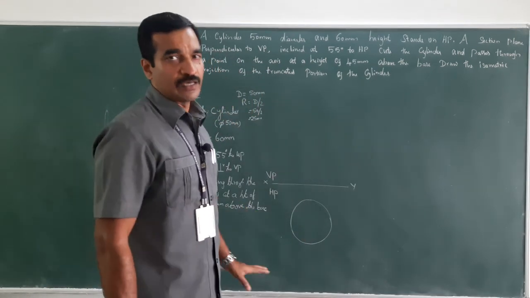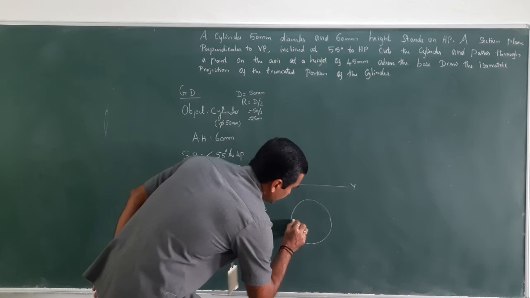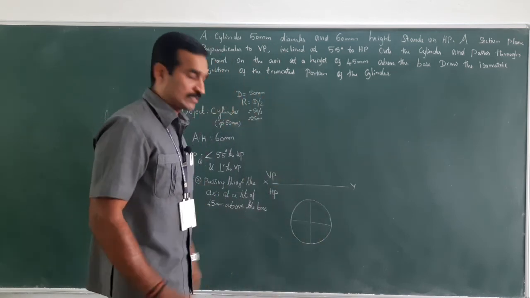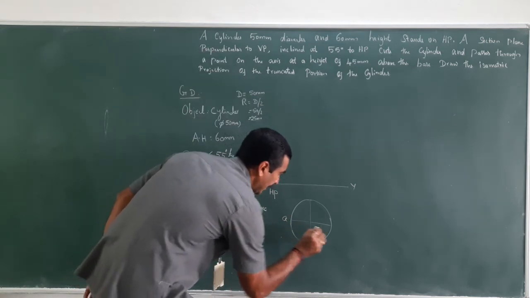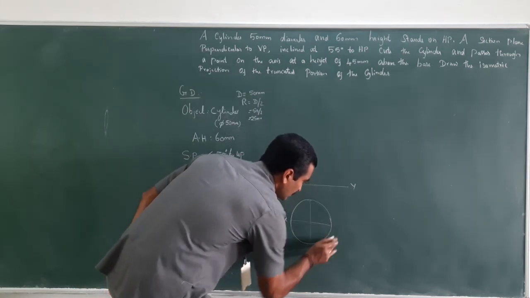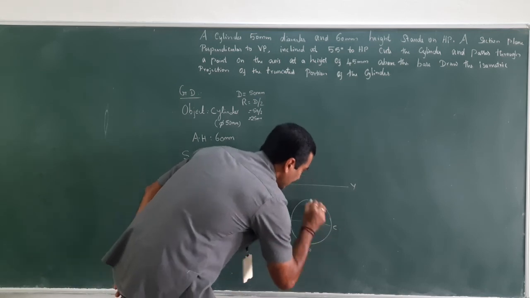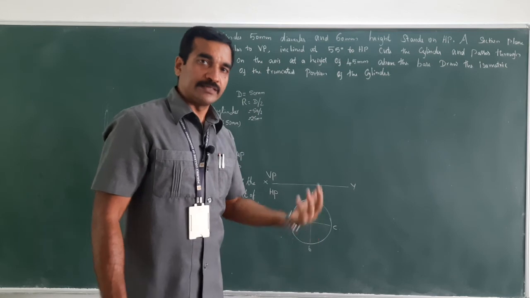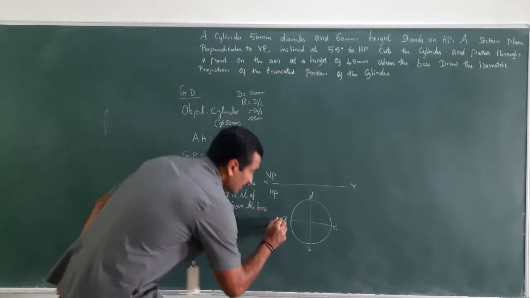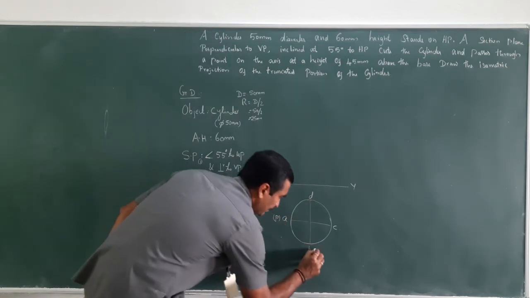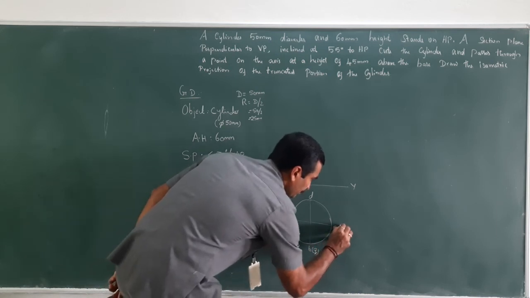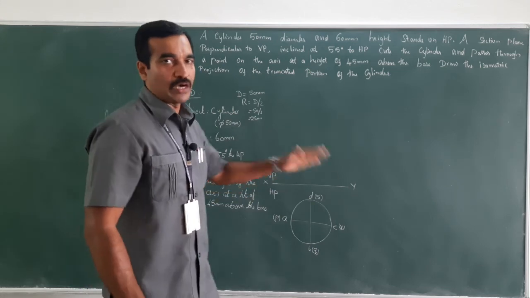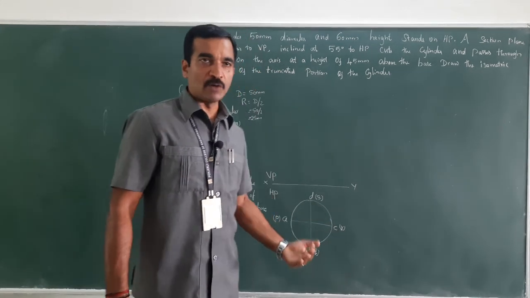So after drawing the circle, divide this circle into 4 equal divisions or parts. So let me just name this as A, B, C and D. This is for the top face. Then what about the base? There is a bottom base. That can be represented by P, Q, R and S. So P, Q, R, S is the bottom base.